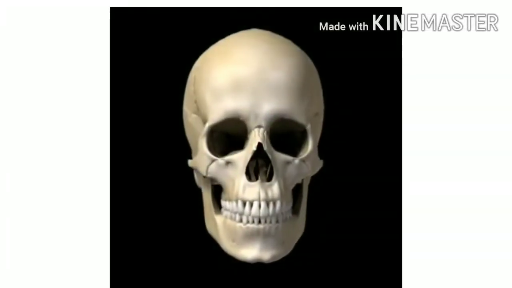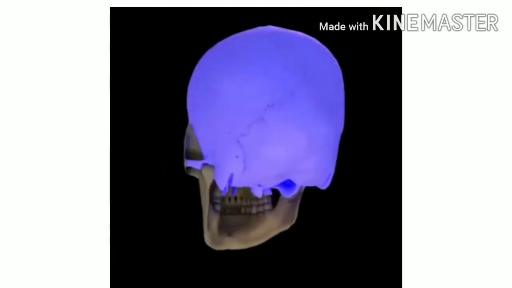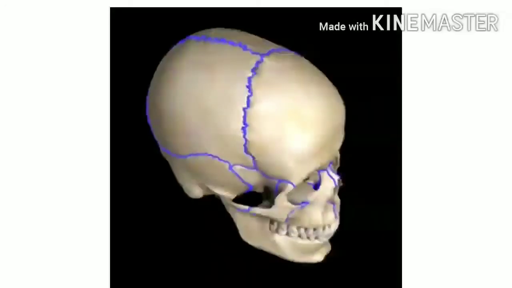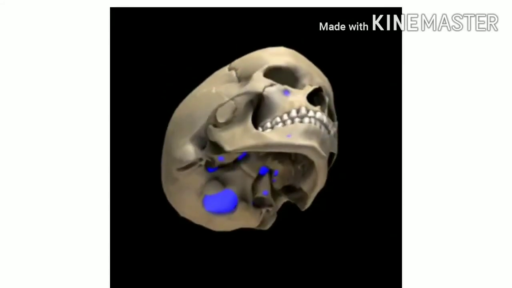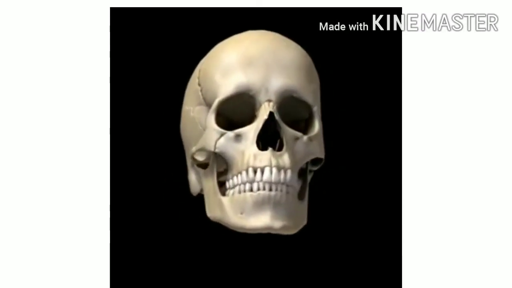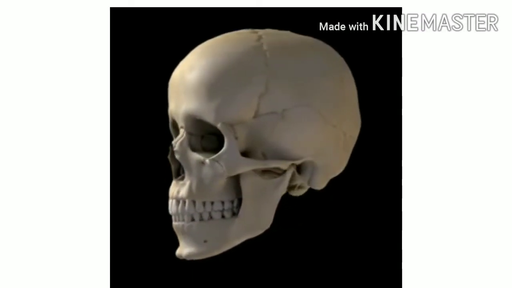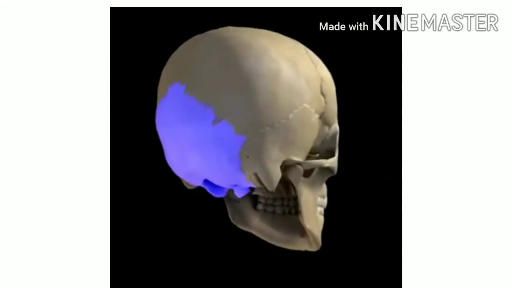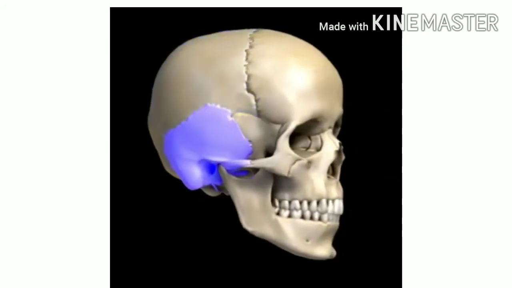Now students, let us see about the bones in the skull. You can see in the video, it is showing you the bones of the skull and on the face also. See there. Now you can see the joints. These are the fixed joints. So skull is made up of many bones joined together. You can see the lines. These are the joints and these are the bones that are joined together.